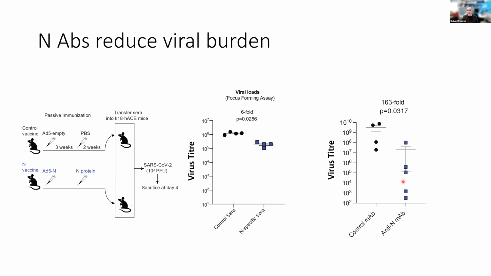And so that's a really nice example, I think, of where antibodies that don't do any neutralizing activity but do ADCC can provide protection in animal models. Clearly, there's room for improvement in the vaccine strategy. We had high antibody levels, but their ability to bind to the infected cell surface wasn't as good as we might have wanted. So there is room for improvement in terms of inducing the right types of nucleocapsid antibodies. But clearly, the monoclonal demonstrates the power of this approach.